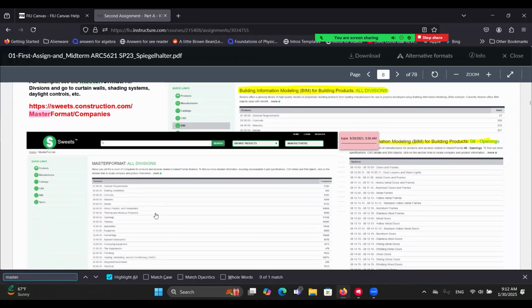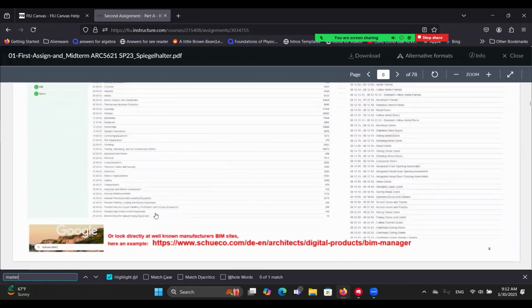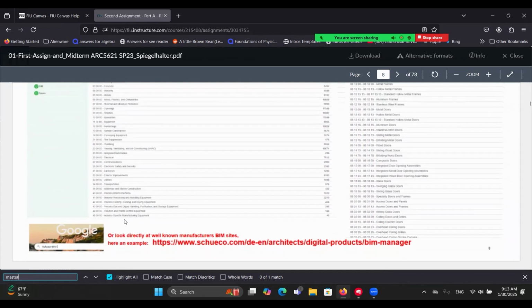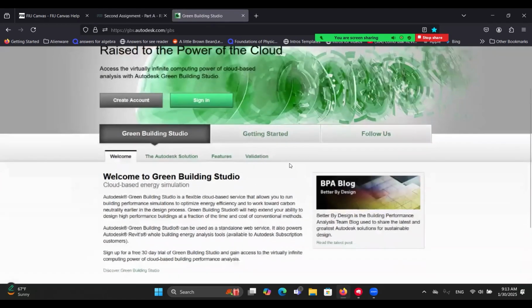Because if you're saying that we just need to refresh what we learned in Megan's class, we only use the solar analysis and the energy analysis within Revit, correct? Correct. And then you are going to use this website, if I'm not wrong. Yeah, there we go. You are going to use this website, sign in to your Autodesk account, and